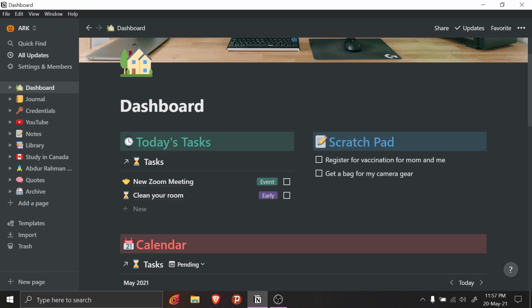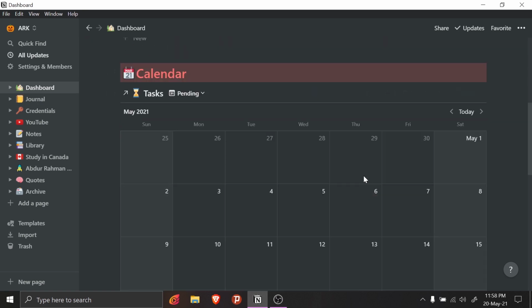Scratchpad is just to jot down anything important that comes to my mind. I often use it as a to-do list, as you can see here. So I've got 2 items in my to-do list. I can add more if I want or check the items off and it automatically gets crossed. It is super handy to have a Scratchpad because as humans, not all of our thoughts are organized, especially when we are in a hurry and we just want to type out something raw and not worry about spending extra time organizing it.